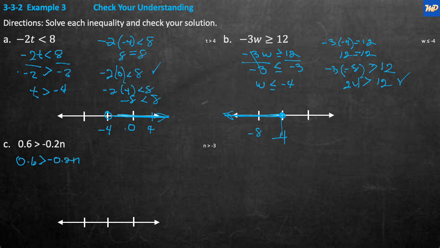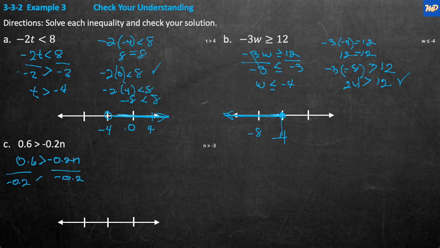Now how do we get the n by itself? We have to unravel this multiplication, unwind it. So we have to divide by negative 0.2 on both sides, and the inequality switches